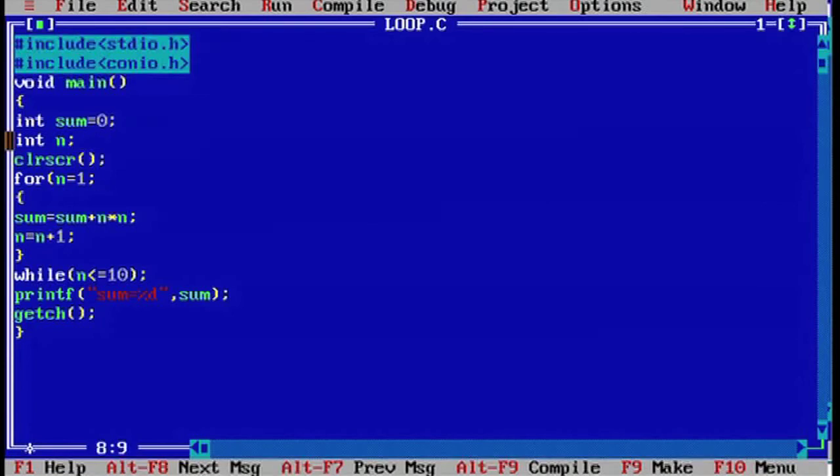Then the second parameter of the for statement is the test condition, that is n is less than or equal to 10, semicolon, and in the increment part n is equal to n plus 1, then the closing parenthesis. In the body of the loop, there is only one statement for the calculation of the sum variable, and there is no need to increment the variable n in the body of the loop.